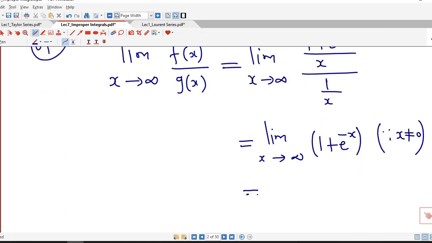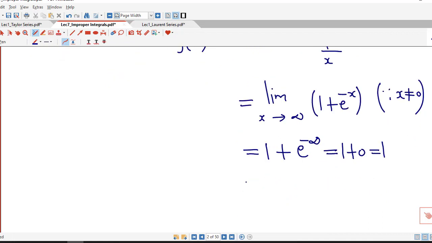And if we take the limit as x tends to infinity, the limit of 1 is 1 and the limit of e raised to minus x is e raised to minus infinity, which is 0. So this limit is positive and finite,